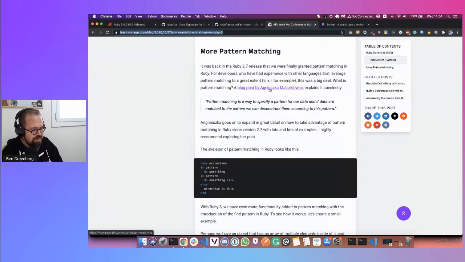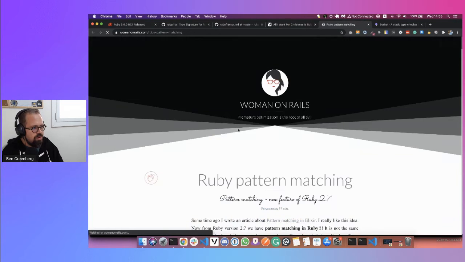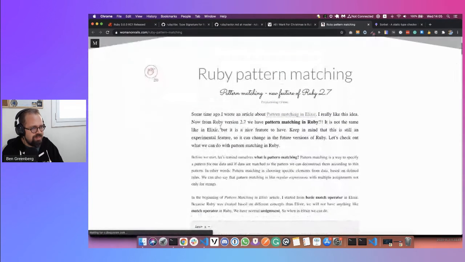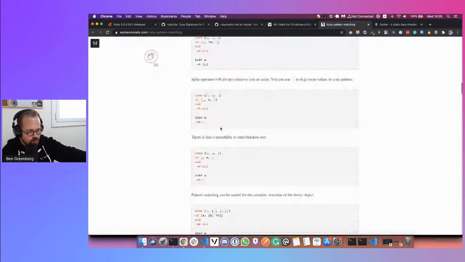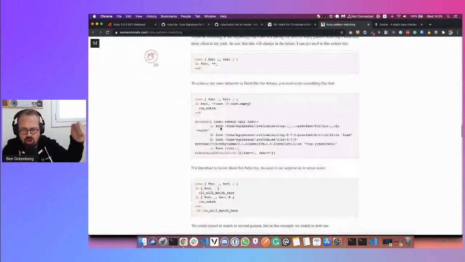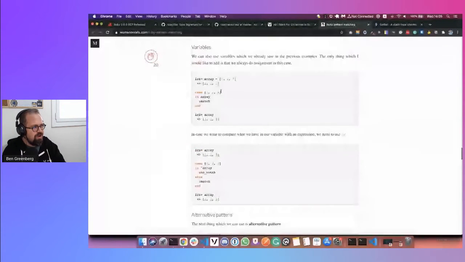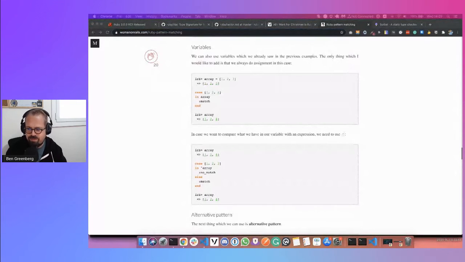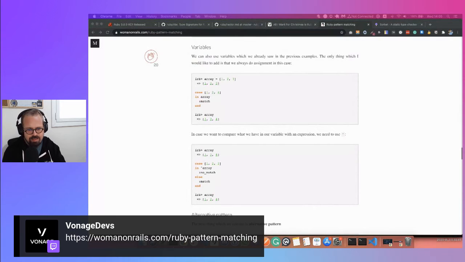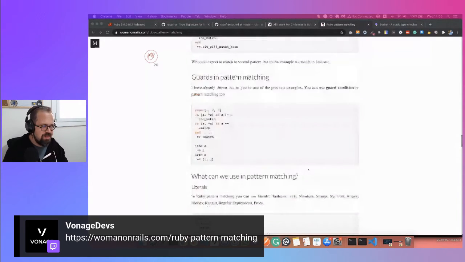But this blog post is fantastic, and they go through Ruby pattern matching in tremendous detail. It's enormous, but so detailed. I love it. So I'm going to share this blog post here as a great resource: womanonrails.com/ruby-pattern-matching. Fantastic blog post.